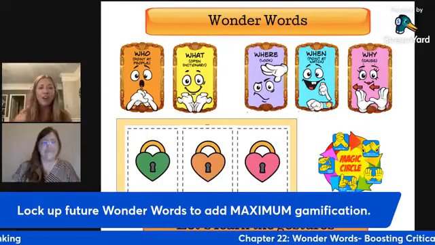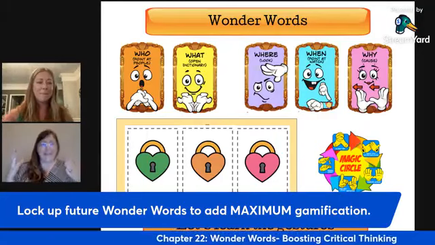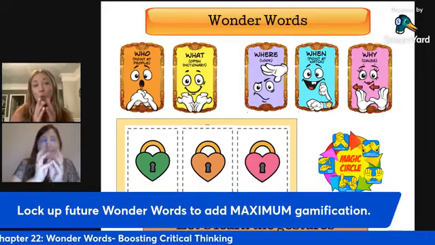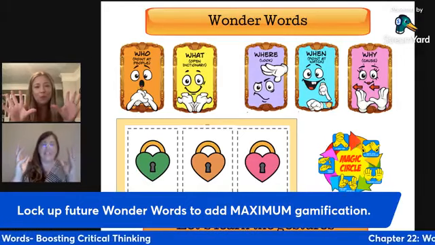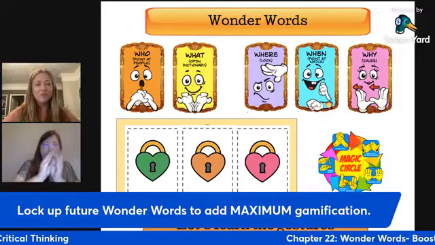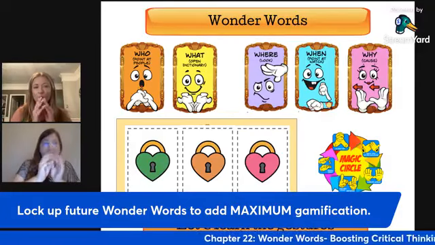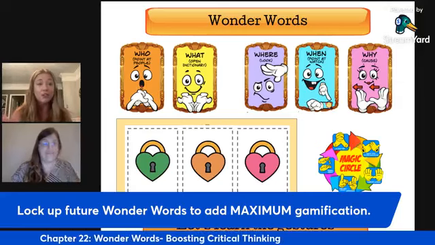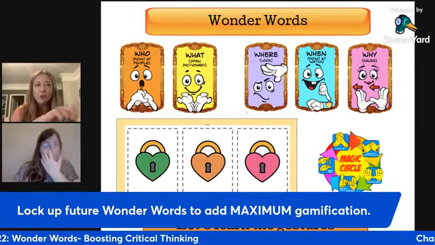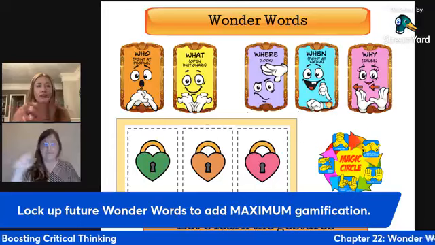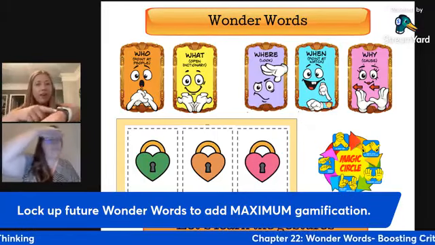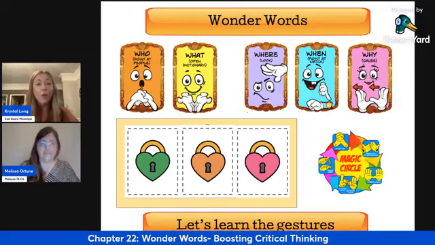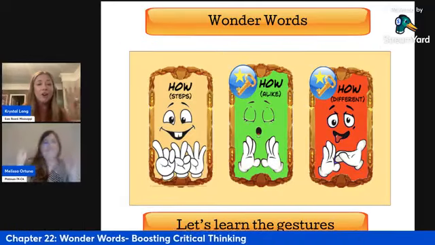So Melissa, why do we lock things up? We want to lock things up because everybody, you see those locks and you just, whoa, what's happening? So it's that maximum gamification makes this a living video game. What do I have to do to unlock to get to that next thing? Well, in order to unlock the next part, we've got to master the top part. So we've already mastered, everybody, the who, the what, the where, the when, and the why. And now we're going to be looking at the next part of our wonder words.